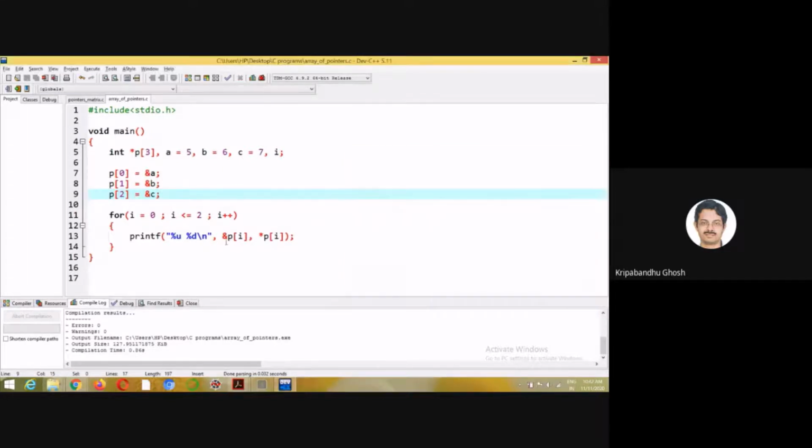But if I remove this ampersand, it means it is the value of pi. So what is the value of pi? What did I put in pi? It is the address. So there are two addresses associated with it. One address is the address of this variable itself, and since it is a pointer type, it is capable of storing the address of an integer. So it stores the address of another variable, the variable to which it is pointing. So in this case, for p0 it is A, for p1 it is B, and for p2 it is C.